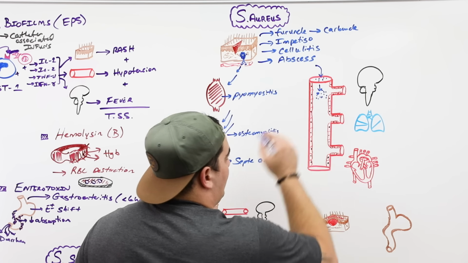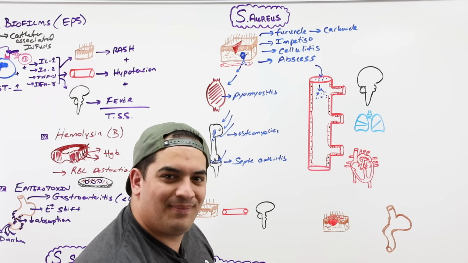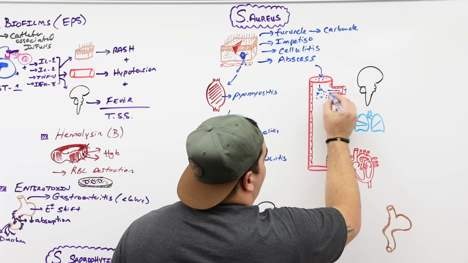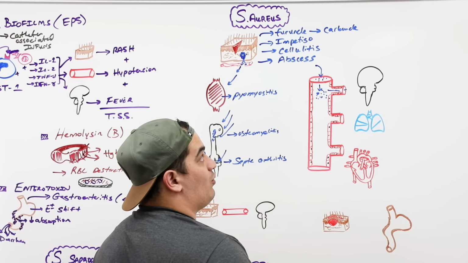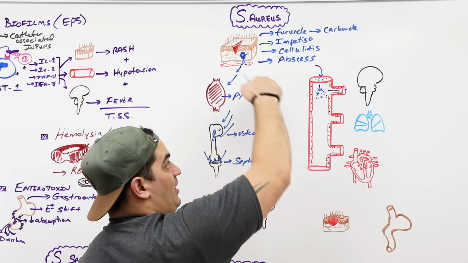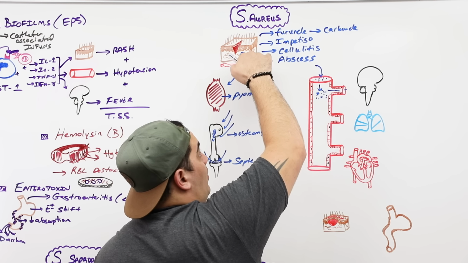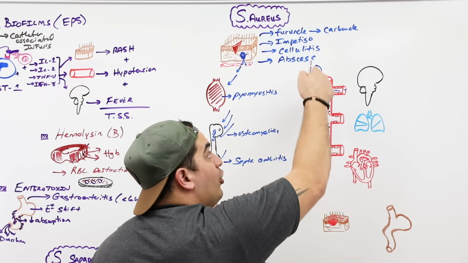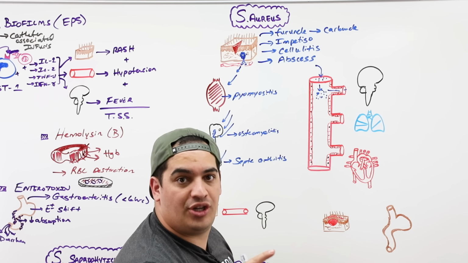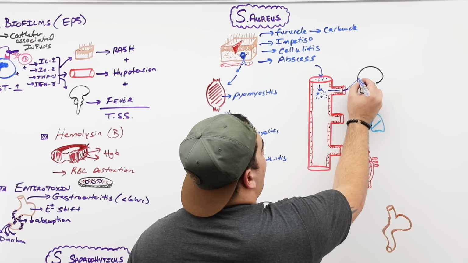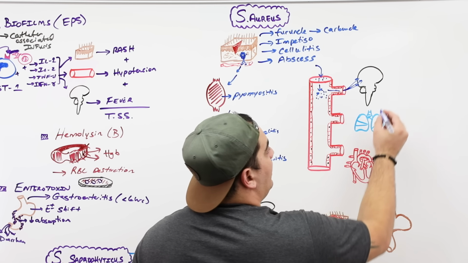If the bacteria gets into the bloodstream and starts invading tissues via this hematogenous route, it's spreading contiguously through the skin and soft tissue, causing these infections. But if it's able to invade the bloodstream and then infect other organs through the blood, that's the hematogenous spread. Let's say that it spreads and infects the meninges, leading to something like